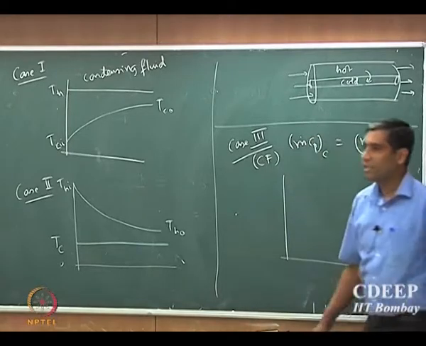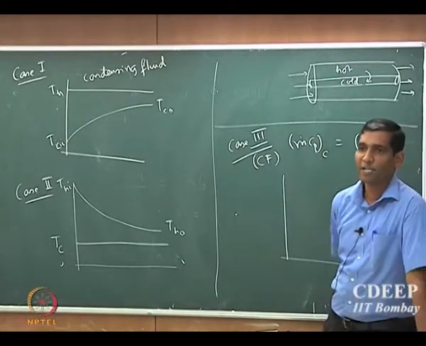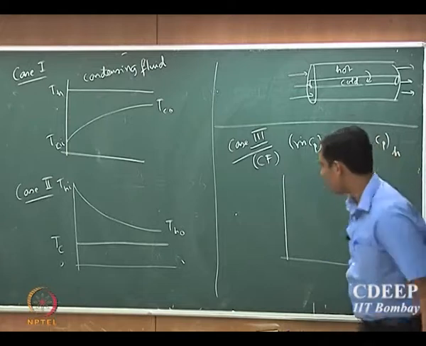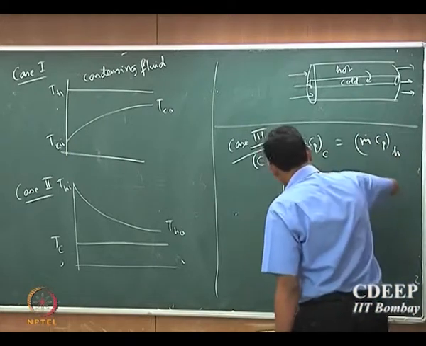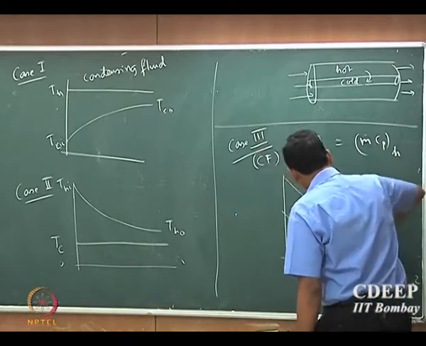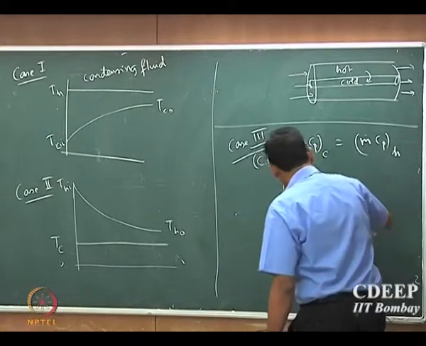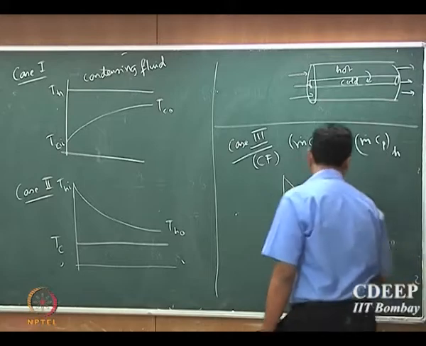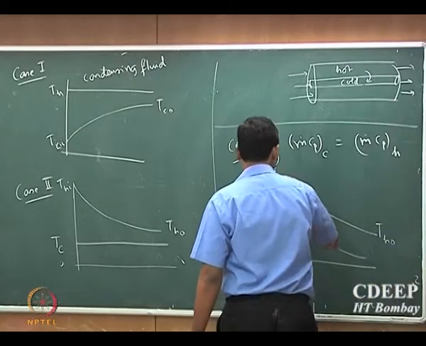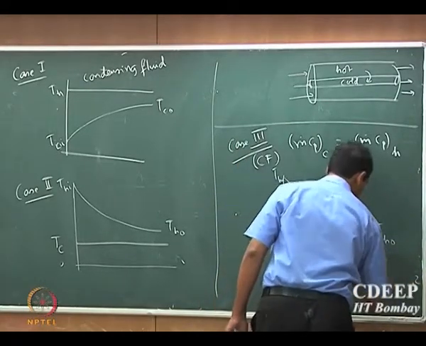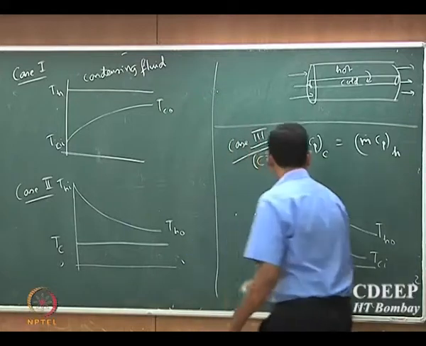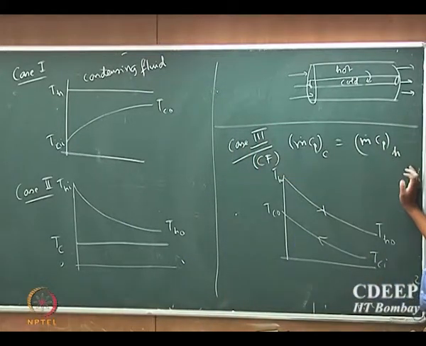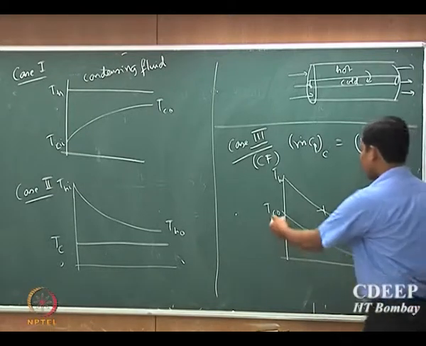I want to draw the temperature profile for this heat exchanger. Delta T is constant, so that is easy to guess. So you will have a constant delta T. Supposing this is the hot fluid, THO, THI, TCI and TCO. Because the capacities are equal, Q is m dot Cp into the temperature difference between